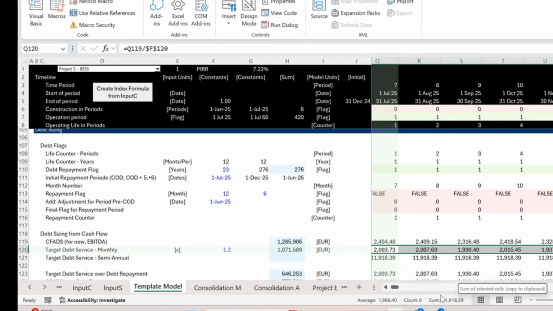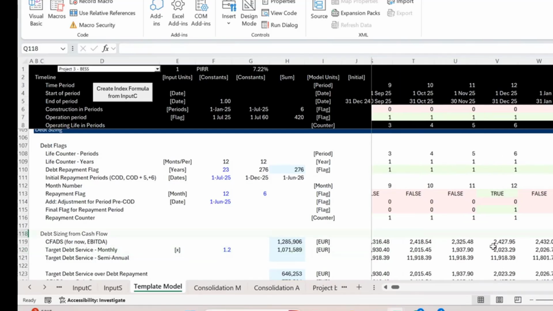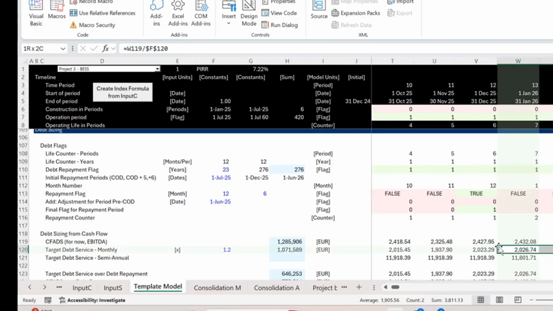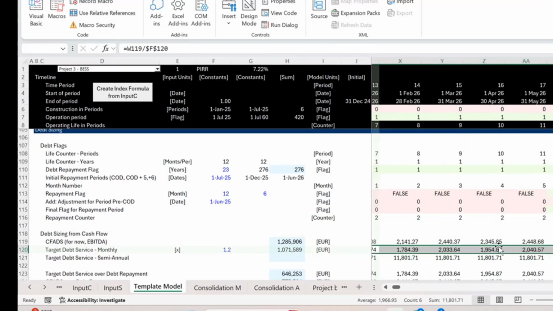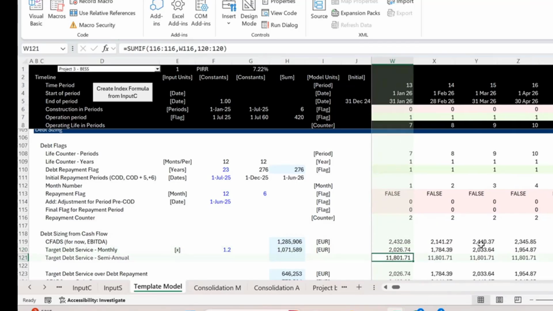So we summed it. You see what we did? We just summed it across. And if you keep going to the next one across, then it sums it for the next period, and it's always summing for the next period. And then you go down, you go backwards, and then